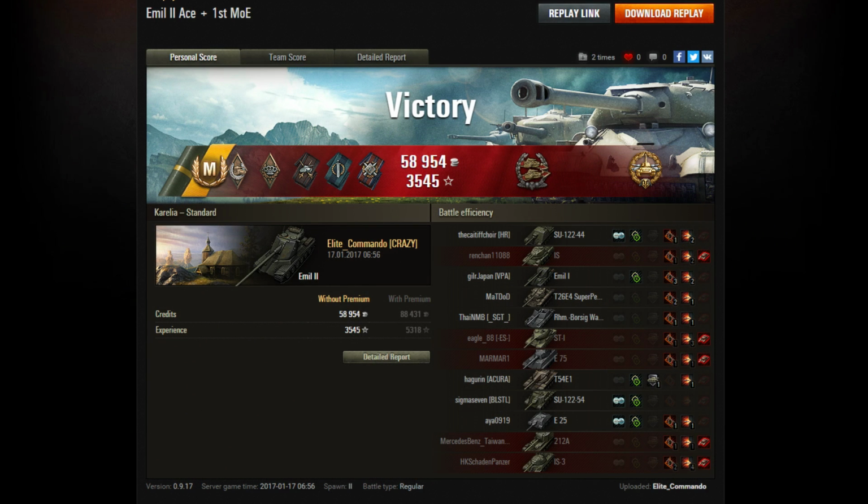Ace Tanker Mastery badge, but not only an Ace Tanker Mastery badge, also a coveted High Caliber and a mark of excellence, the first mark of excellence on his gun barrel. And if he keeps playing like that, I'm sure he's going to have plenty more marks of excellence in this big Tier 9 Swedish auto-loading heavy tank, the Emil 2, the Ace Tanker Mastery Badge, and of course all these